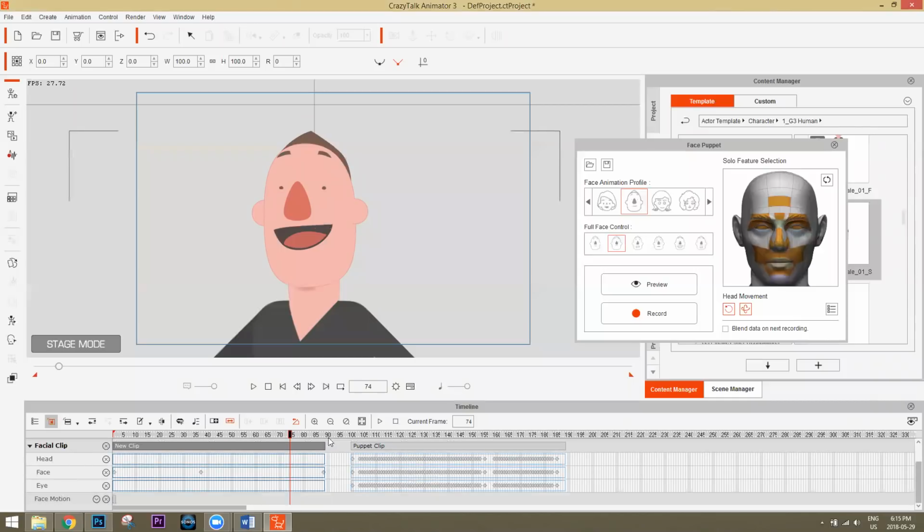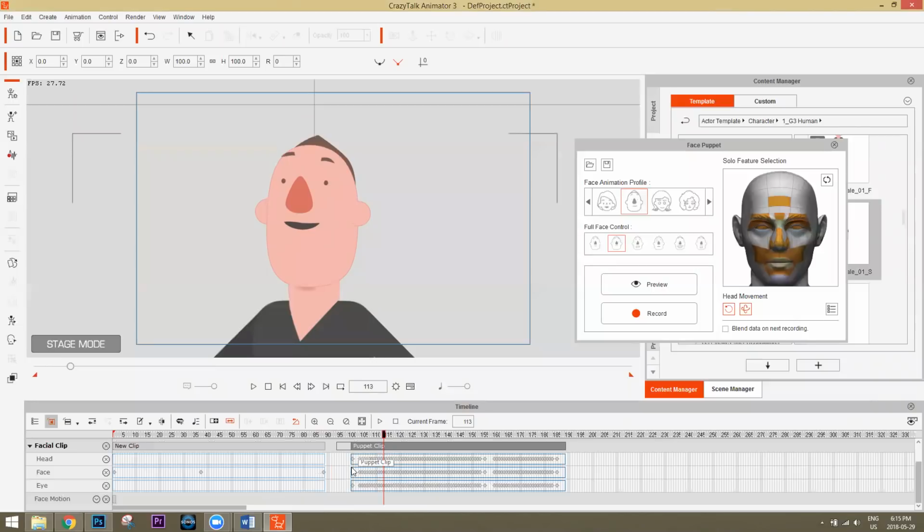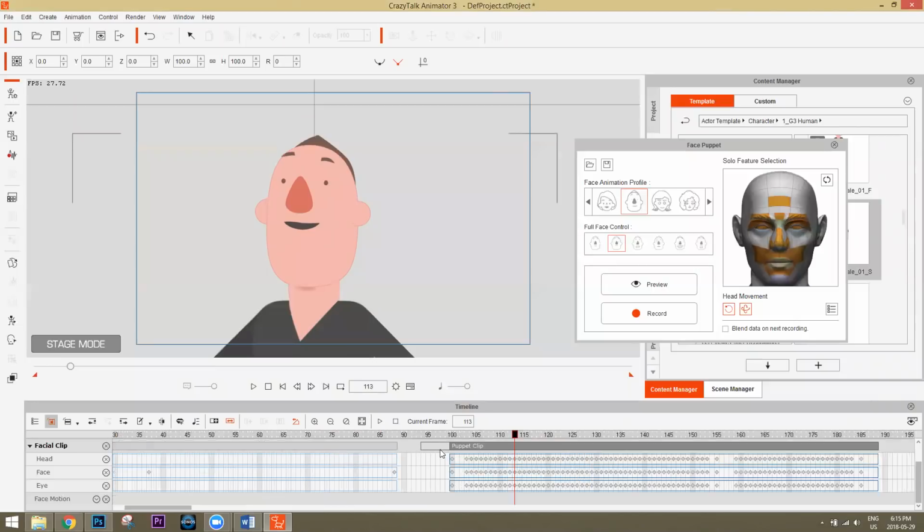From here to here, the puppet clip has a transition area. These are the expressions that I added. Nothing is gonna change in this area, but from here to here, that's when we go to the first keyframe of our puppet clip.